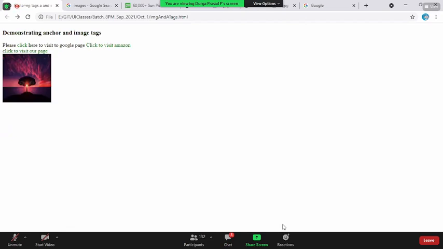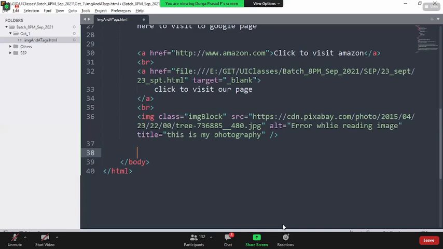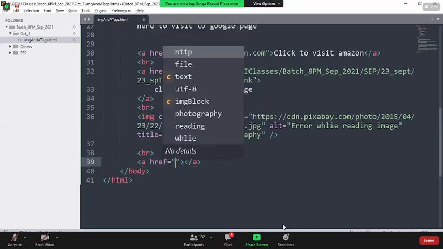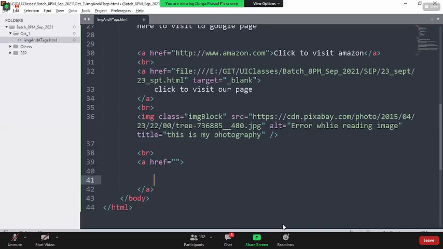Yes, boss, it is always possible. In that case, we use the anchor tag. Under this, whatever content you keep, including an image, a p tag, a heading, or a div tag, on click of this content, it will redirect to this path.